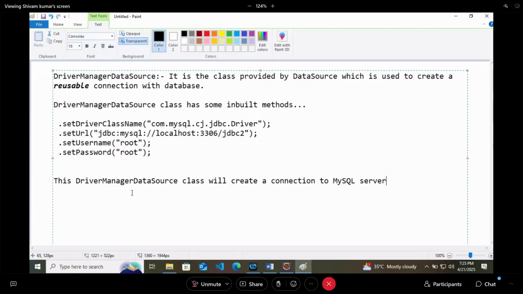So this DriverManagerDataSource class will create a connection to the MySQL server with the database named JDBC2, because you have provided the same database name, right? This one.